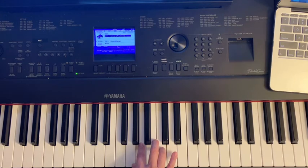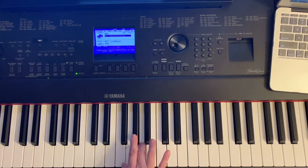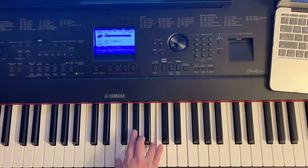And this is going to be a little weird. So you're going to play the same key, but you're going to switch fingers. You're going to switch to 3 so that you can play that black key with your 2nd finger. And then...